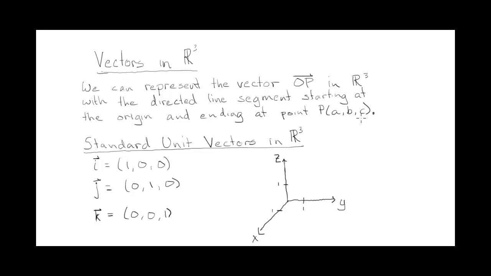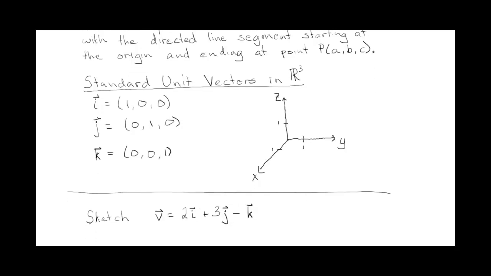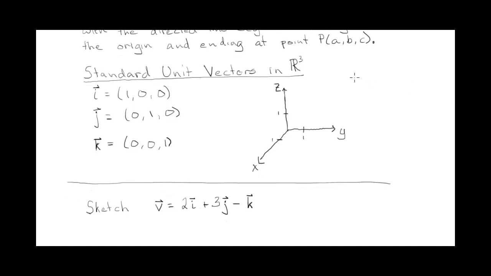So there'll be three coordinates x, y, and z, and we'll look at an example to give you an idea of what that looks like. Another thing that's slightly different in R3 than R2 is we have these standard unit vectors, except now there are three. The i vector is still the unit vector along the x-axis. Because it's R3, it will now be 1, 0, 0. There's a third coordinate. j is still the vector along the y-axis. And now we have a third unit vector, which we will call k,